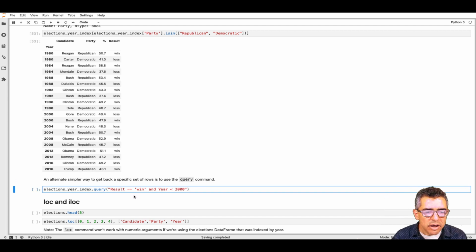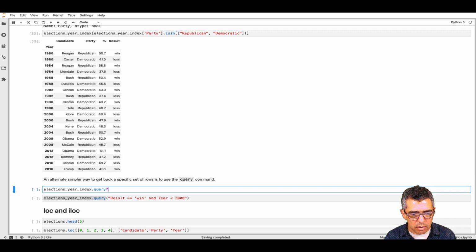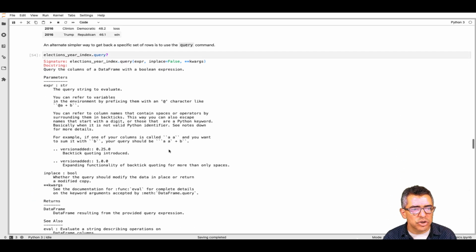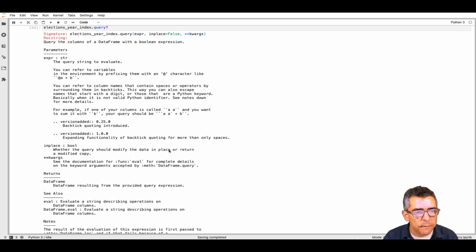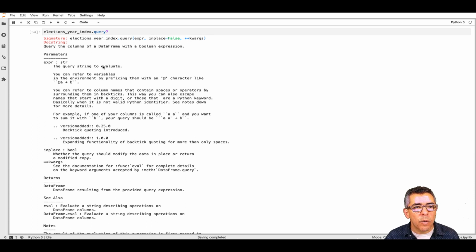And finally, probably the most sophisticated version of this kind of behavior that Pandas offers is the query method. This is important enough that I want to actually show you some of this documentation. This is what allows you to do pretty complex queries into a Pandas data frame. What query gets is actually a string. So you don't pass Python objects, but you pass it a string. And the string represents a query that is going to be